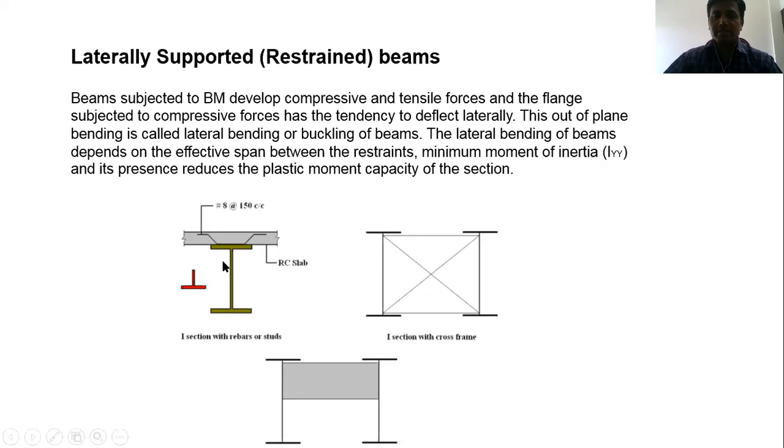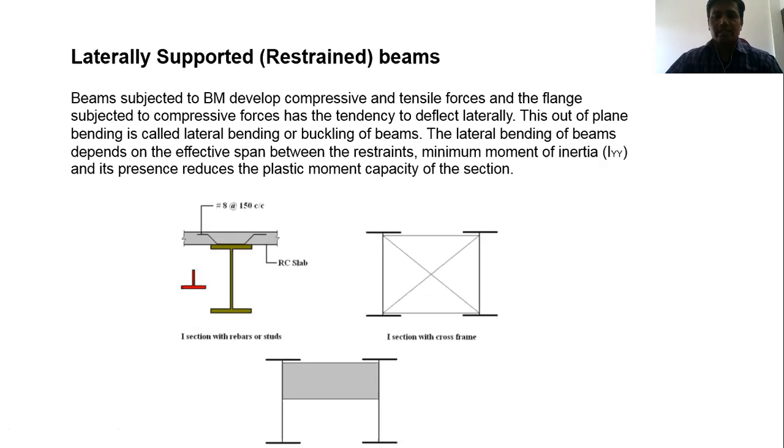You can see the examples. This is the first example: the I beam is there and here the RCC slab is there, that is called a deck slab. Normally this condition arises in the case of FOB, foot over bridges. Now the second example: two beams having cross beams, that is called bracing. It is also an example of the laterally supported beam, in which the beam is restrained against lateral buckling.